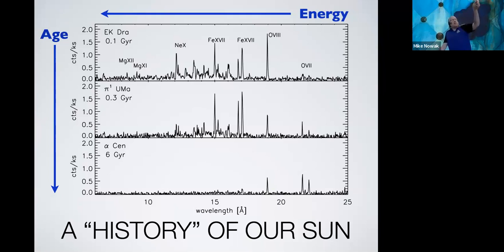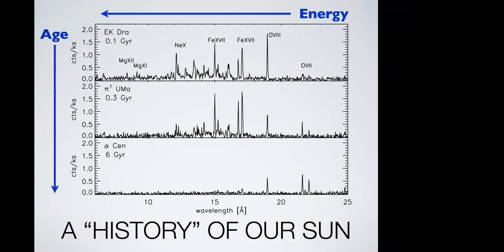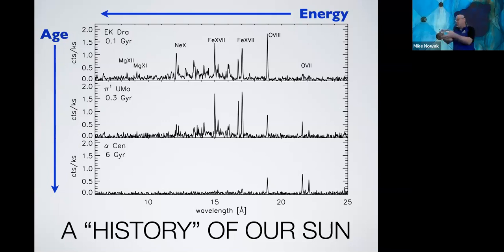For the most part, you see these Roman numerals there. That tells you how many electrons were knocked off of this. So neon has 11, we're going to get this right. When we say neon 10, we have knocked off all the electrons except for one of them. So this is neon that's kind of like hydrogen. So it's got the core of neon, but it's only got one electron going around it like hydrogen does. Magnesium, there you see magnesium 11 and magnesium 12.